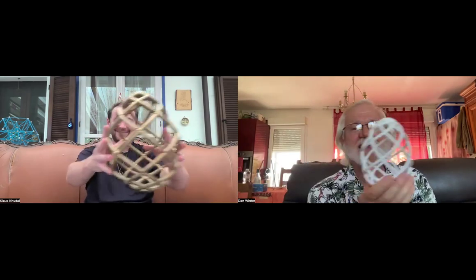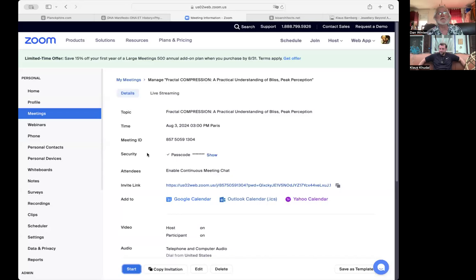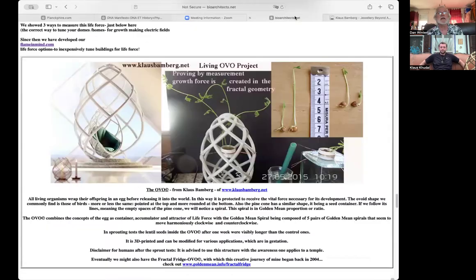which obviously self-similar fractal, visualize, actually pine cones. These are wonderful ones from Klaus Bamberg, klausbamberg.net. In fact, I'm going to share, he was kind enough to send another one of these. Let's see if I have the right window here. Skype, Messenger, Safari, here we go. Okay, can you see the screen there, Russ?